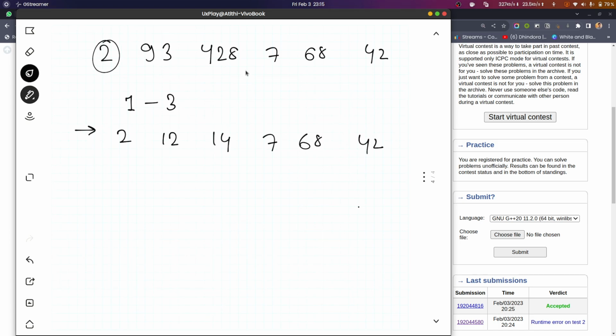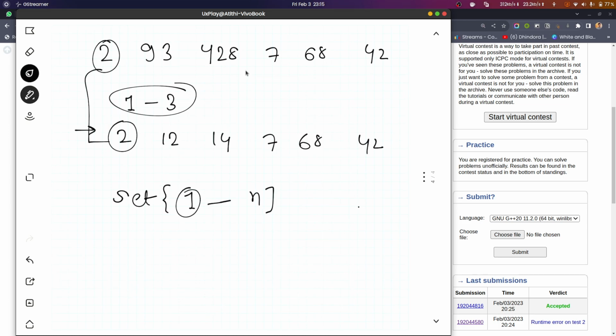As you saw, the first 2 remained constant. Even if we had not updated the first index, it would not have created any problem. So from my set, which initially had numbers from 1 till n, I'll just remove index 1, because even after updating it is the same number as before.